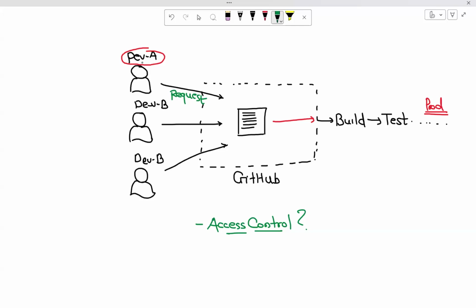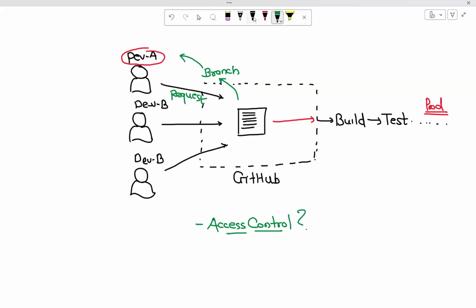So the way it is handled, I'll tell you. When Dev A wants to modify something in the code, instead of allowing that, there's a concept where we create a branch from this code. We call it a branch, and we provide the developer with the branch. Now, what is a branch?